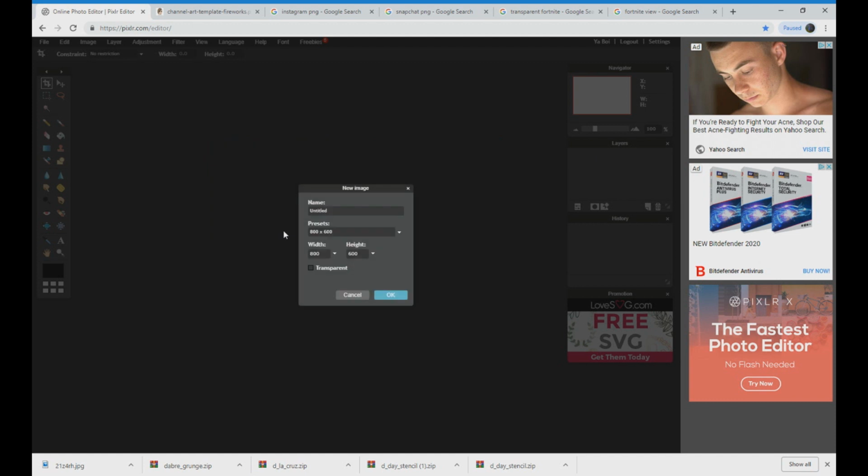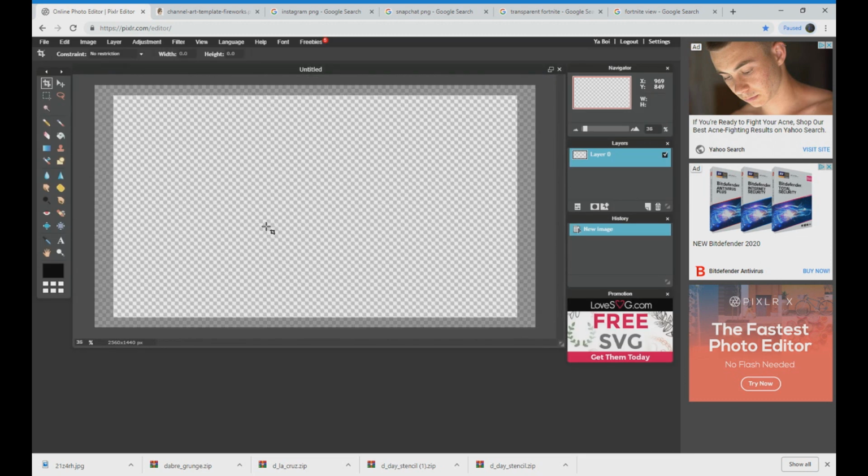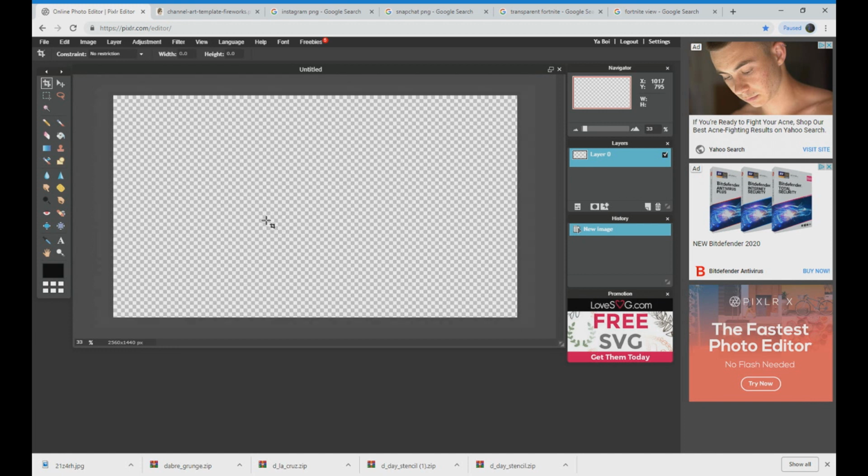After that, what you want to do is click new image, make it 2560 by 1440. Then you want to check off the transparent box, press OK. You guys should be able to scroll in and out with your scroll wheel, but I don't know if it